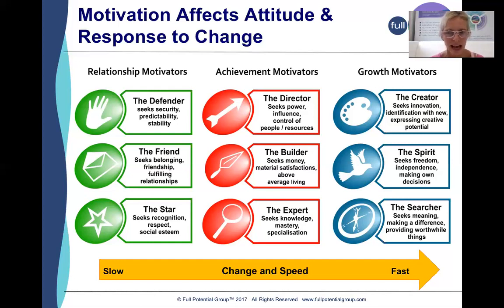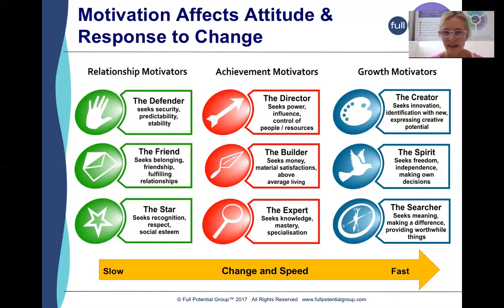I think it's actually really healthy when you're developing catalytic leaders to have some leaders who've got quite strong relationship motivators. They're often the skeptical ones at the beginning around change and adaptability. The defender likes security and predictability and stability, and so doesn't like change for change's sake. But once a defender gets their head around the change and realizes the benefits to themselves and the business, they can actually be really powerful. And you'll all know the benefits of changing someone who's skeptical into someone who's really pro a decision. So getting your defenders on board is great.